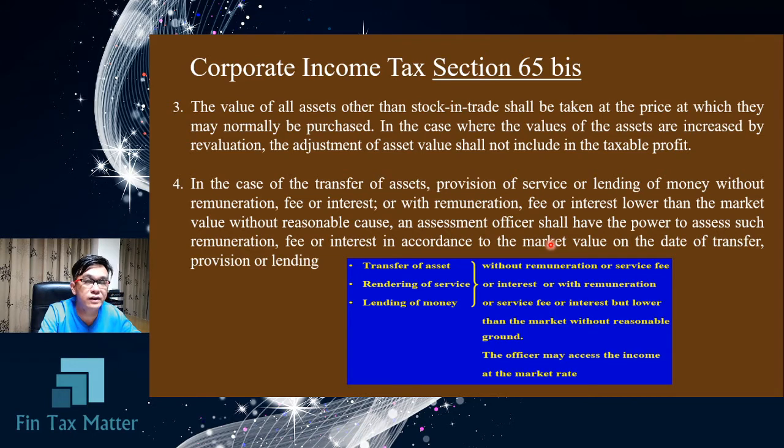This condition gives the revenue officer the authorization to assess the income at the market price at the date of the provision, or the date of transferring the asset or lending the money. So if they can prove that the revenue they recognize is at the market price, or lower than the market price but with reasonable cost, no adjustment is required. But if they cannot prove that the revenue recognized in the accounting net profit is the market price, or that it is lower without reasonable explanation,